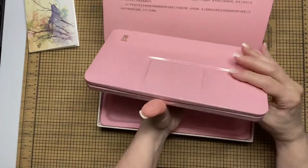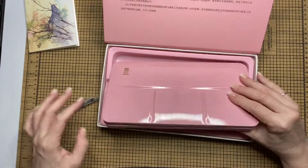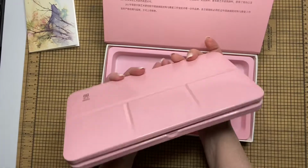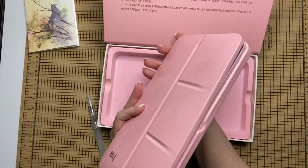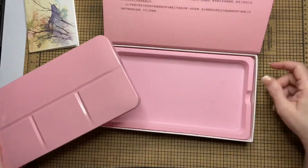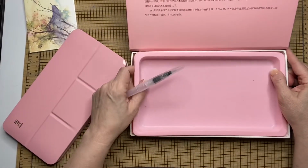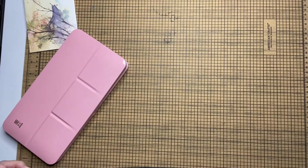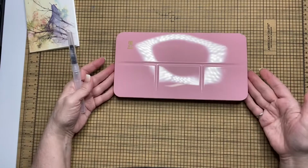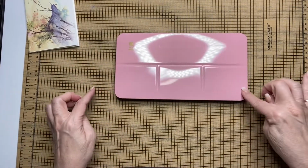Oh, that's a bummer. See it? Take the water brush out. See how it is? Watch. I don't know if you can see it. See? Well, that is annoying. Okay. I like the box. Look, it looks like it went through the, actually I'm gonna take a picture of that. It looks like it went through the